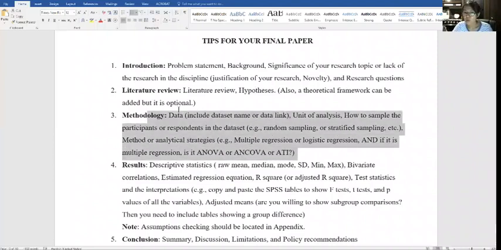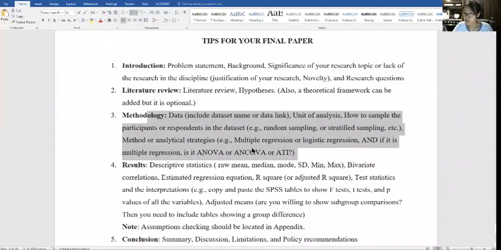Methodology. Where did you get the data? You have to explain the participants and how the participants were collected. Is it stratified sampling or cluster sampling, something like that? You don't need to know that technique, but if you use secondary data, the secondary data link might show the background of data collection information, right? Process. So you have to include that. Unit of analysis. Your unit of analysis is a person or agency or city, something like that.